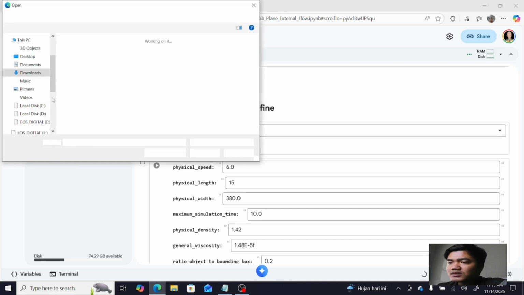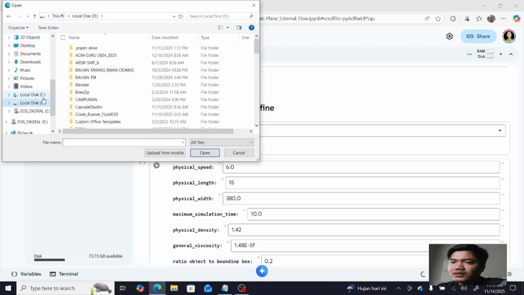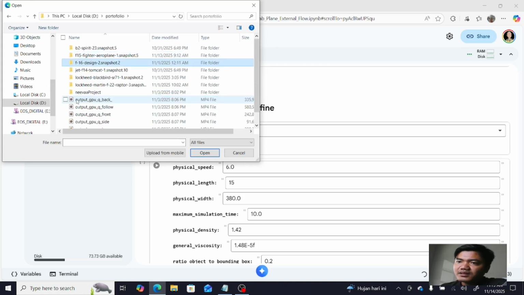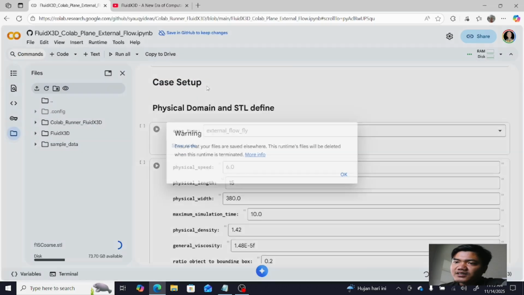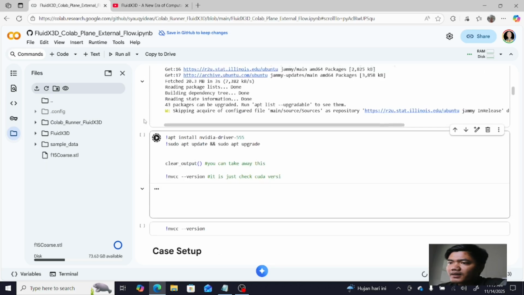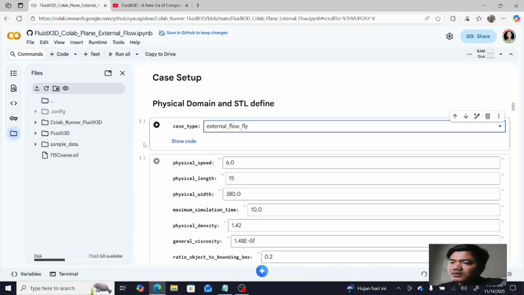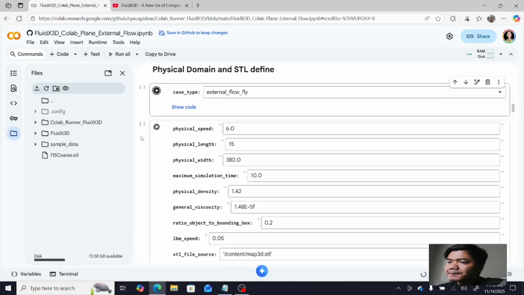I will upload the model of a plane. In this case, I will upload the F-15, the American fighter jet. Okay, it's uploaded, and external flow fly, because I want the plane to fly in the domain.